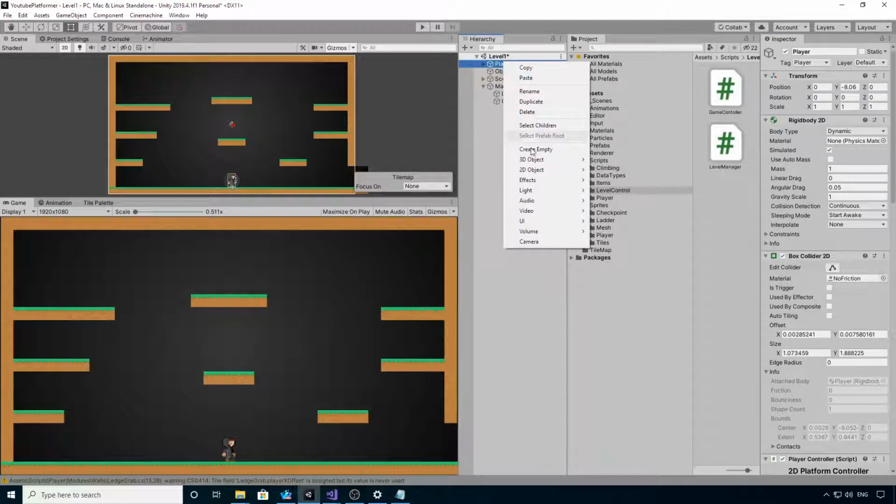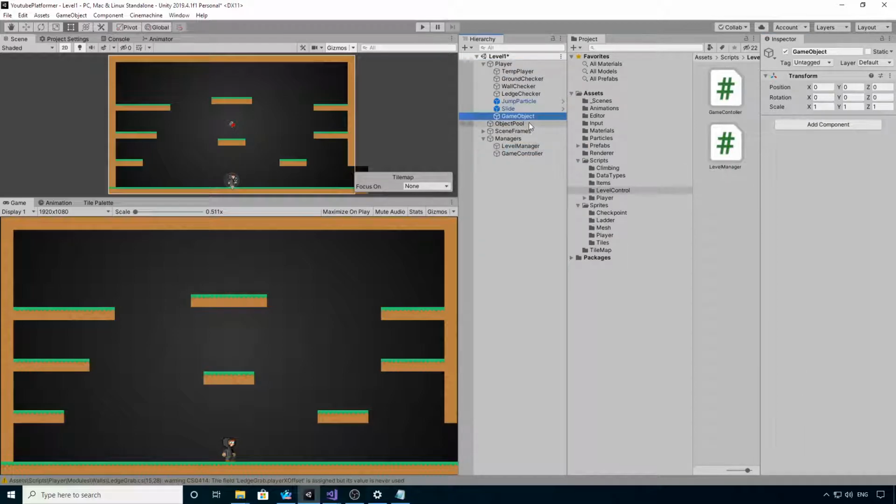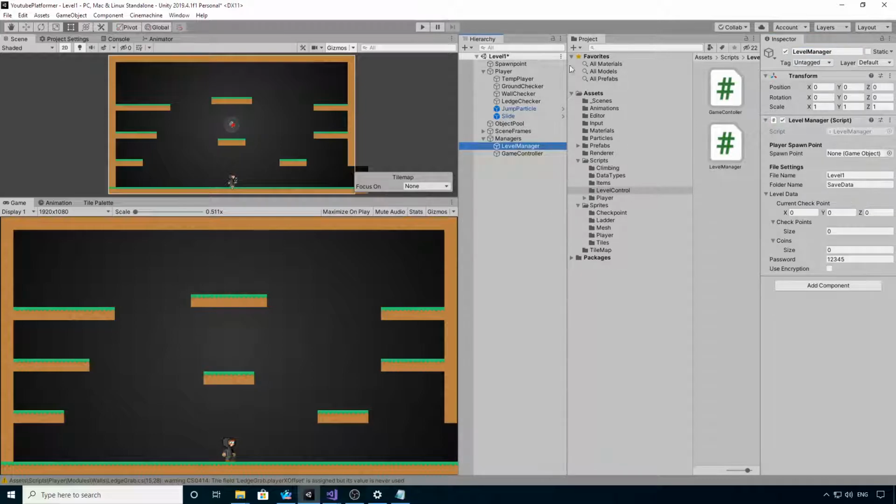So if we create empty, pull that out, call that spawn point. We can now select our level manager, drag the spawn point in,